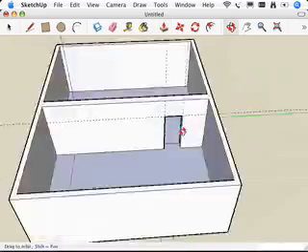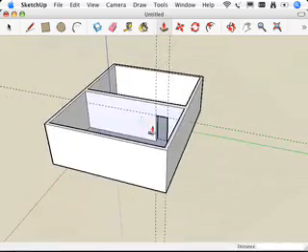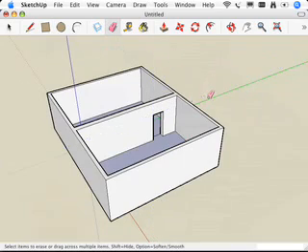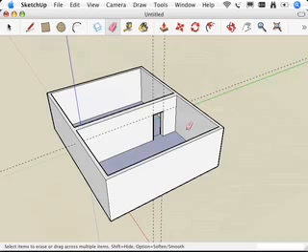and then use the push-pull tool to kind of push that away. Now that I've got that little opening, there's a few things that I can do with those guides. I can erase them, obviously, so let's hit the E key to switch to the eraser and just erase those guides. I'm going to undo by saying Control-Z, Control-Z, Control-Z,